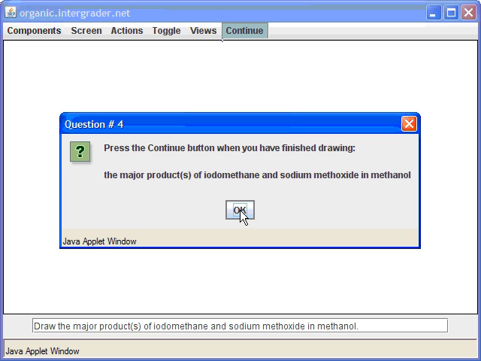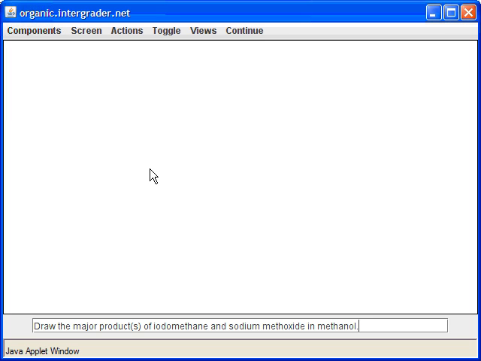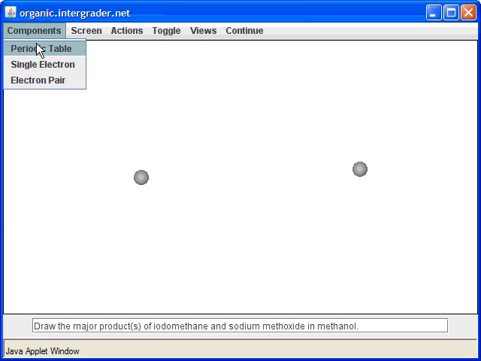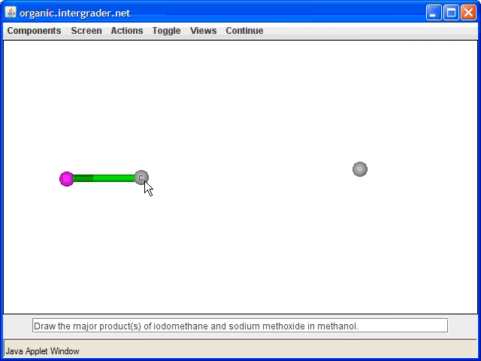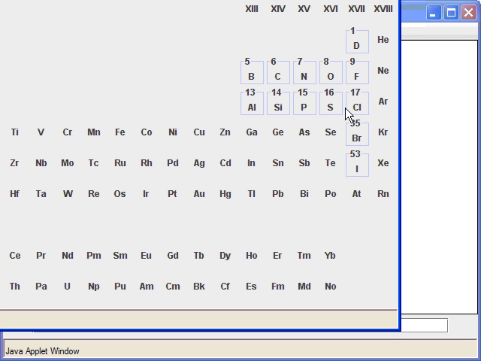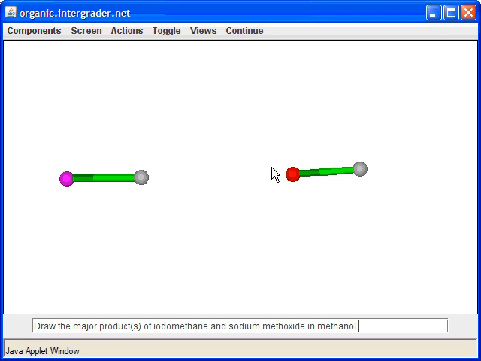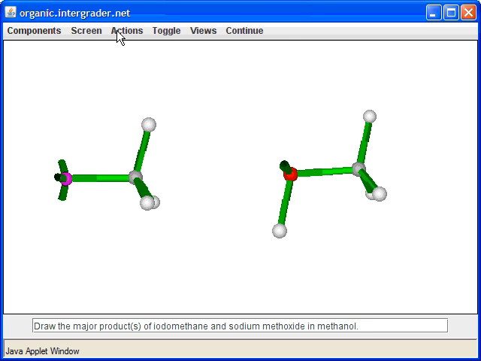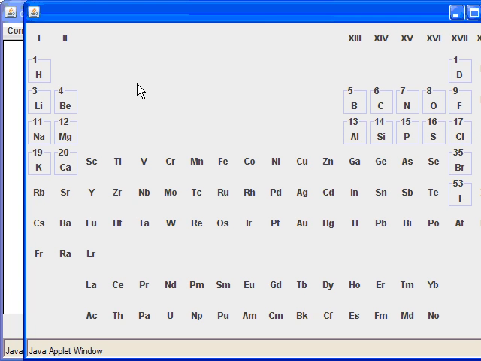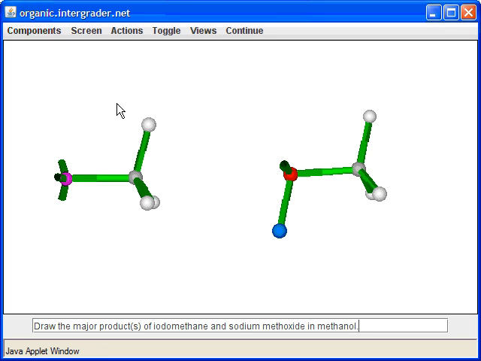In the next question, we're asked to react iodomethane and sodium methoxide. There'll be 2 carbons in this, and again, the solvent was just chosen to make the sodium methoxide soluble. Let me put my iodine in here, which will be the alkyl halide, and I'll put sodium methoxide in here, so I need oxygen. So here's our oxygen. Let me add the electrons, and then I'll convert the hydrogen over to a sodium. Then I'll show that this is actually an ionic compound, and that's why I needed the methanol as a solvent for this.